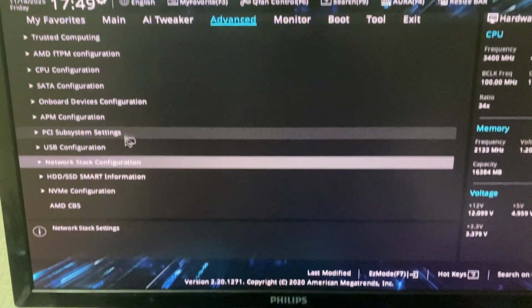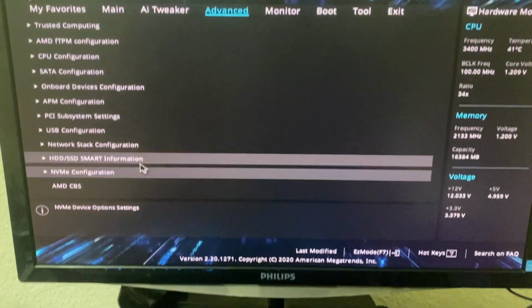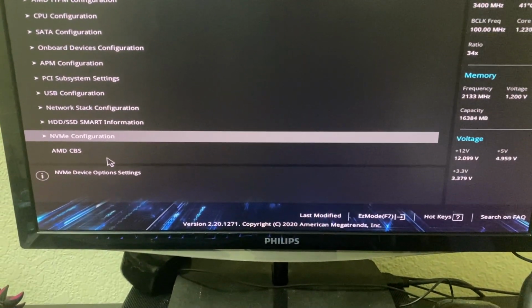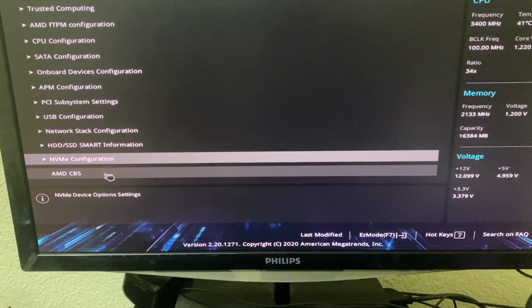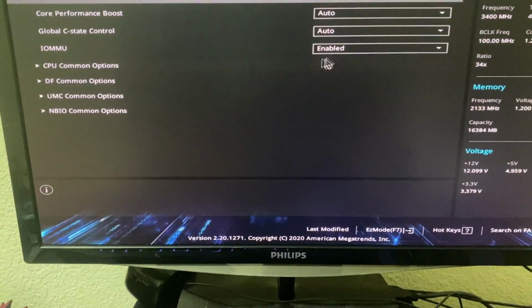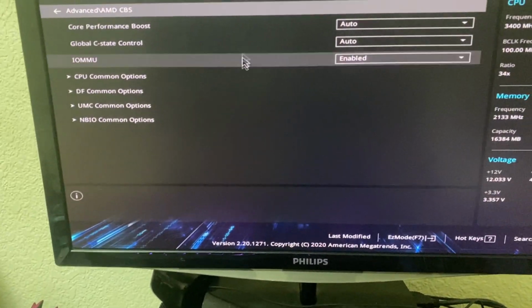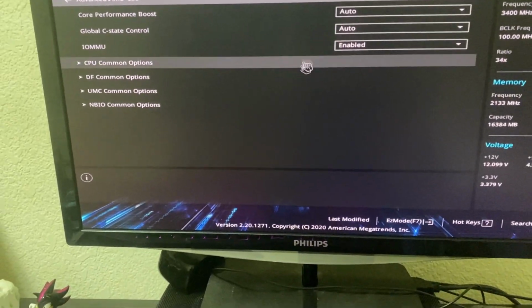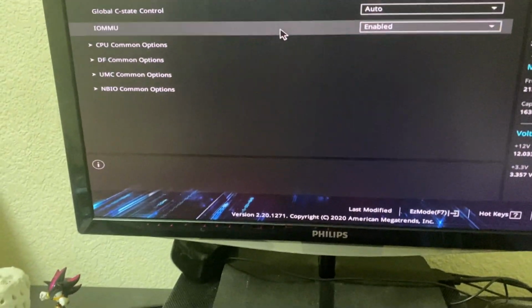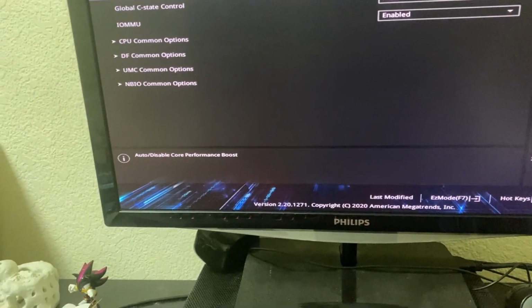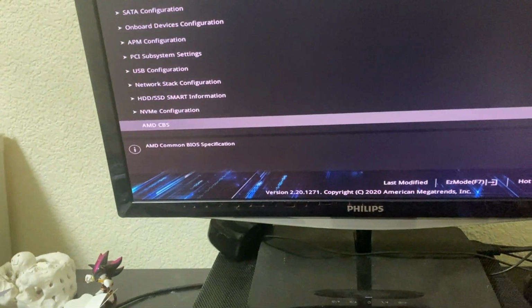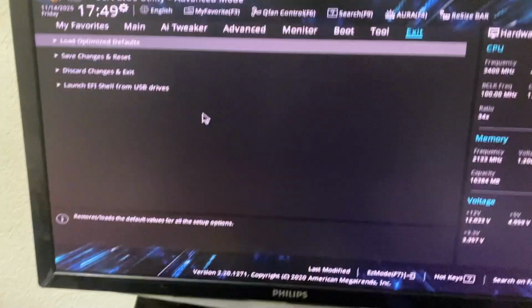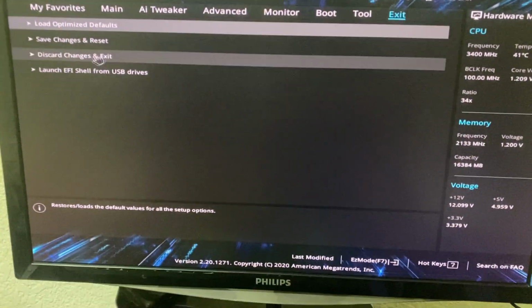And also, I found out that if you want to have access to your GPU to make it work, but I don't really know what it does, for me, I have to go to AMD CBS and then enable IOMMU, which is needed for GPU passthrough and PCIe or whatever that is. So yeah, and then after that, all you have to do, it depends on you also, is go into Advanced. For this, easy mode won't work. You have to go into exit and then